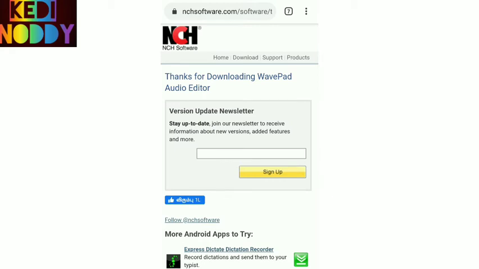For that, we have to install an app called WavePad Master Edition. Let's see how to install it. The version which is in Play Store does not allow you to make 8D music free of cost, but the app which I download from Chrome can make 8D music without any cost.